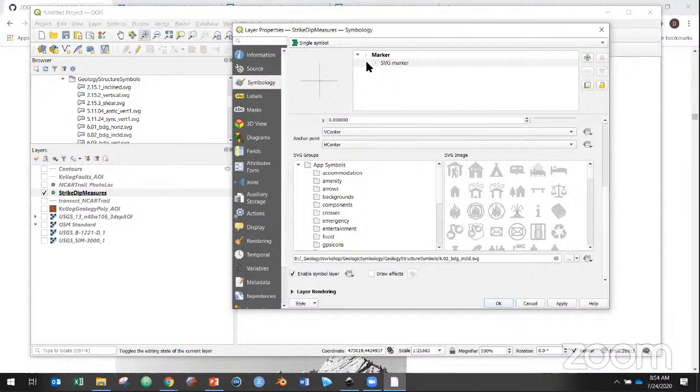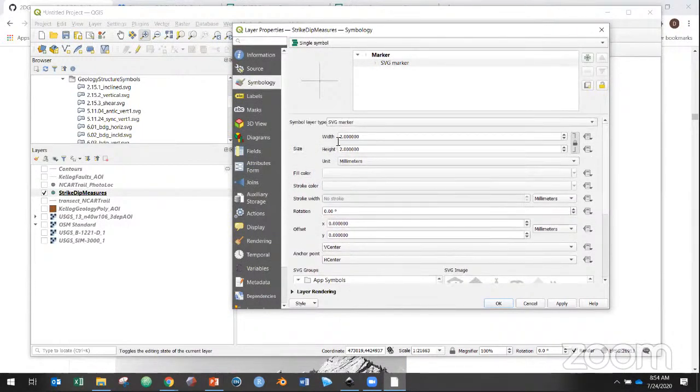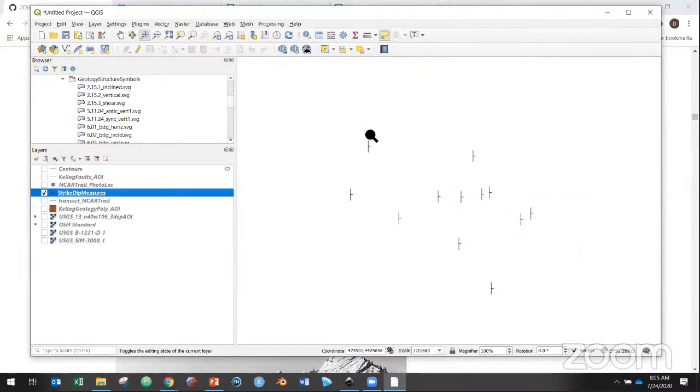Okay, now we can't see it, right? It's there, but it is so small that it's barely recognizable. So I'm going to go back up, drag my toolbar up, and you'll notice that there's a spot here where you can change the size of it. So I recommend doing 7. The default was 2. Now all of a sudden it's appearing a little bit bigger, but you can change and adjust that depending on what your particular map looks like. So now when I click OK, all of those dots have turned into those strike dip symbols on the map,